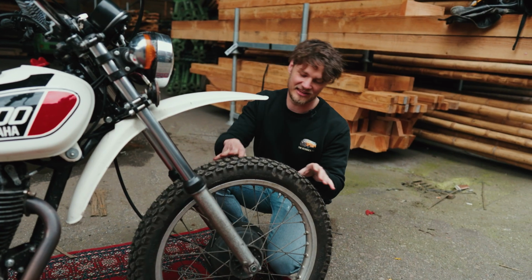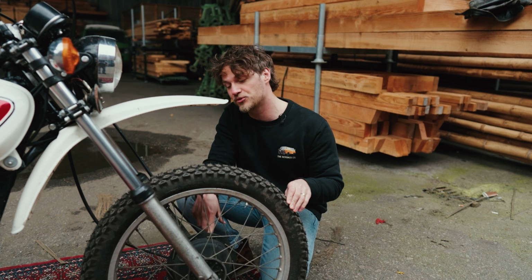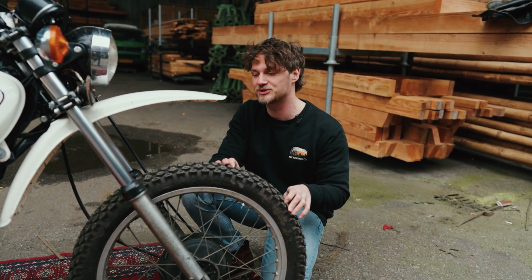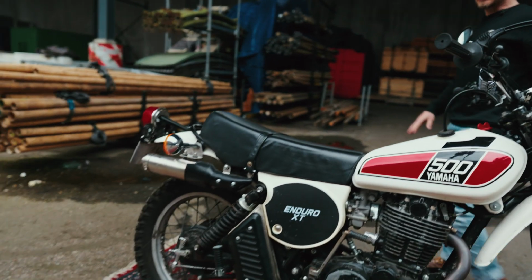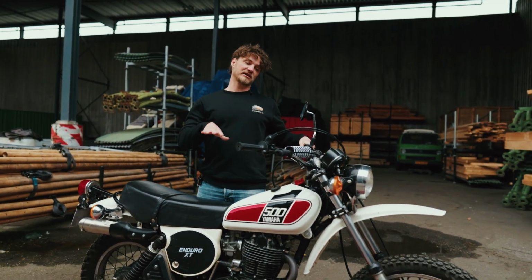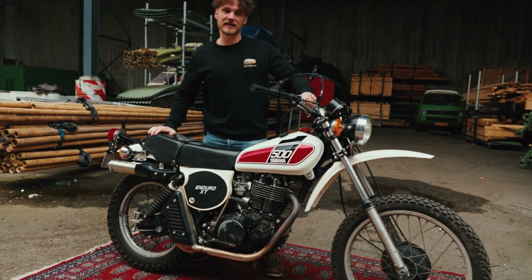What's obvious is that it has a 21-inch wheel at the front, it's drum braked, and it's got an 18-inch rear wheel in the back, which is also drum braked. It has telescopic forks, dual shock in the back. It's not a high bike. If you can see, I'm not a very tall guy, and the bike is still small for me, but still for the time it had heaps of